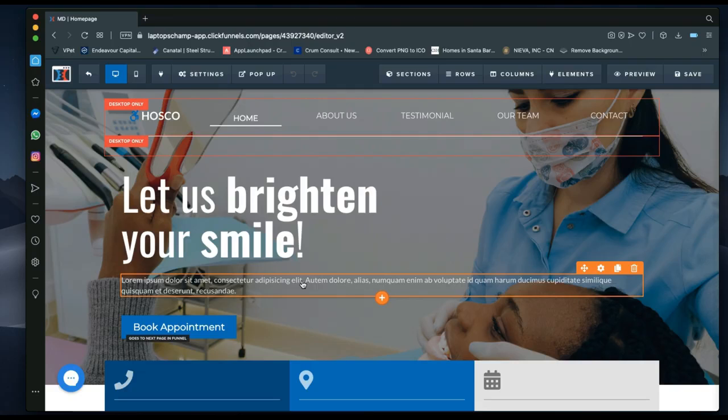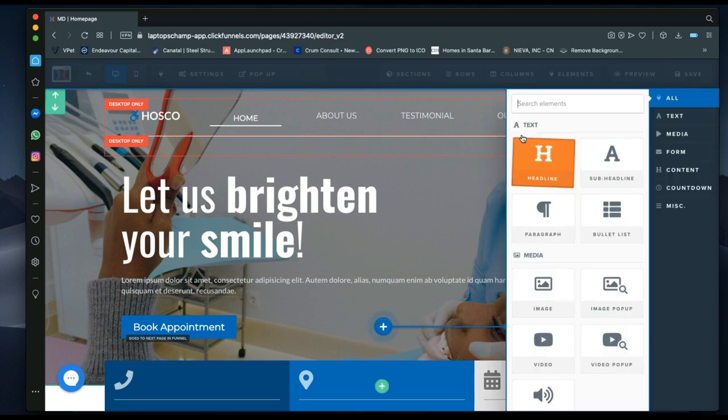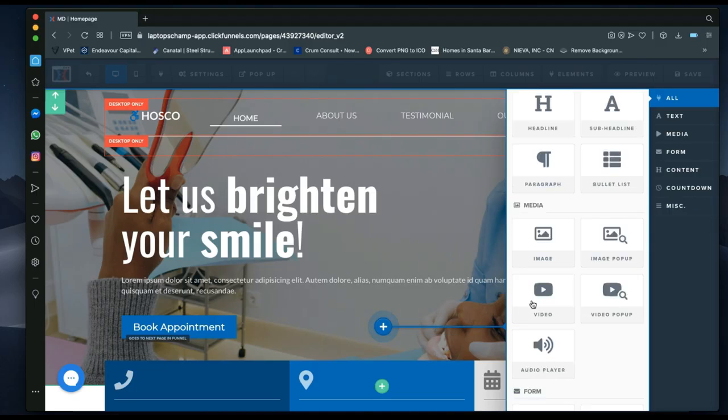When you create an element, you can see this add new element. If I click on add new element, you can see the sidebar pops up, and in the sidebar we've got text, then headline text. This is a headline text. Sub headline text is similar to headline text, but a bit smaller. And you've got paragraph, and this is a paragraph, and you've got bullet list. If you've got a list of things you want to list out, you've got a bullet list. Alright. So images, you've got an image element, you've got image pop-up, you've got videos, video pop-up, you've got